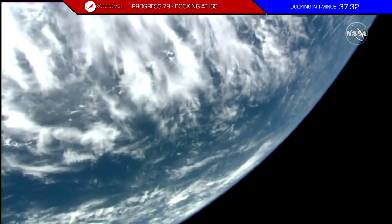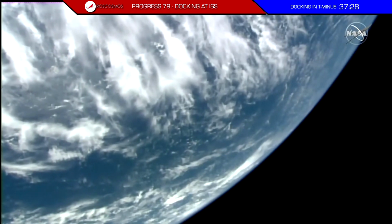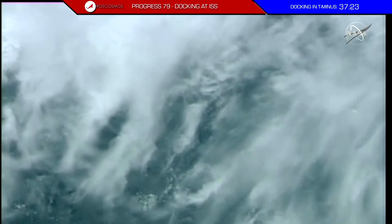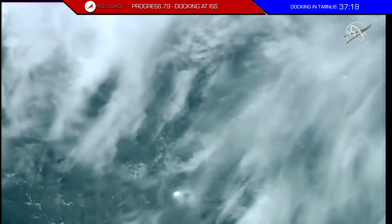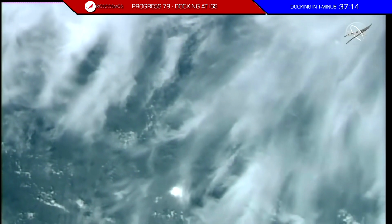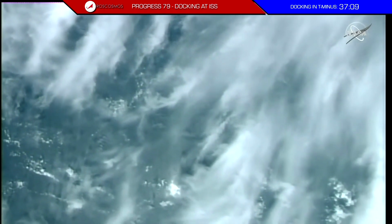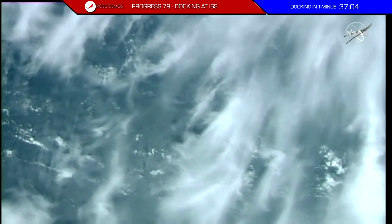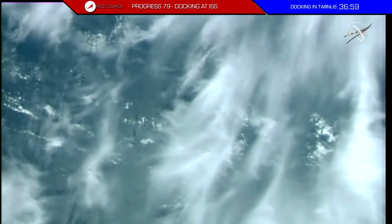We are just a bit under 15 minutes until the International Space Station will see Progress arrive in its vicinity for the beginning of Progress's fly around. Again, a 114-degree maneuver by the Progress, all automated, to precisely align its forward docking probe, I should say, with the aft docking port of the Zvezda service module. That fly around will take about 10 minutes to complete, putting the Progress about 150 meters or so behind the